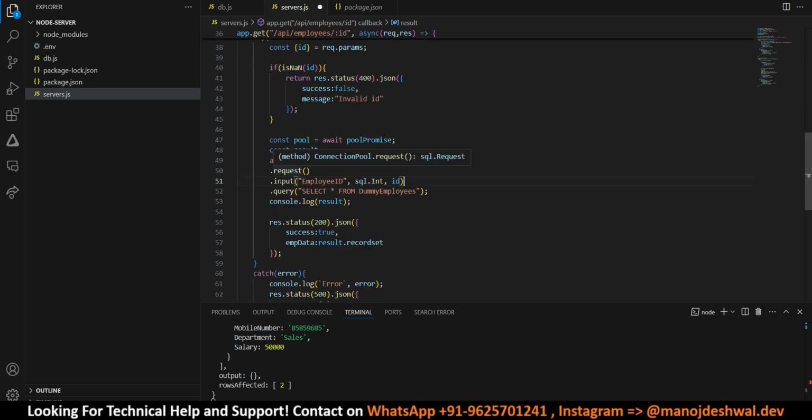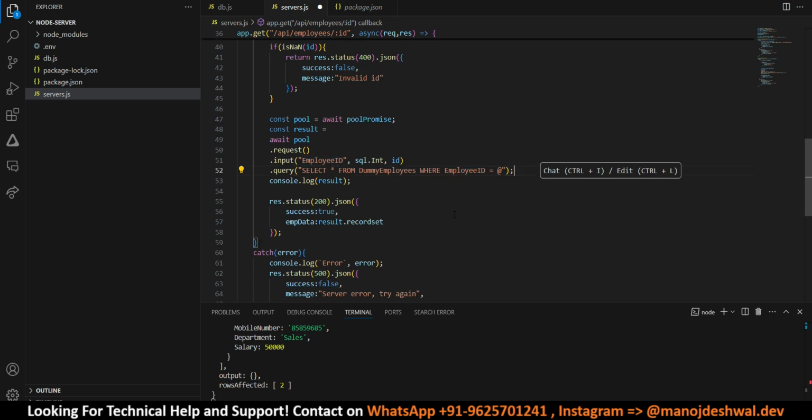So request dot input, within that we have employee ID and the data type and the ID dot query. So select star from dummy employees where employee ID is equal to at the rate, let me copy this, employee ID. All right,